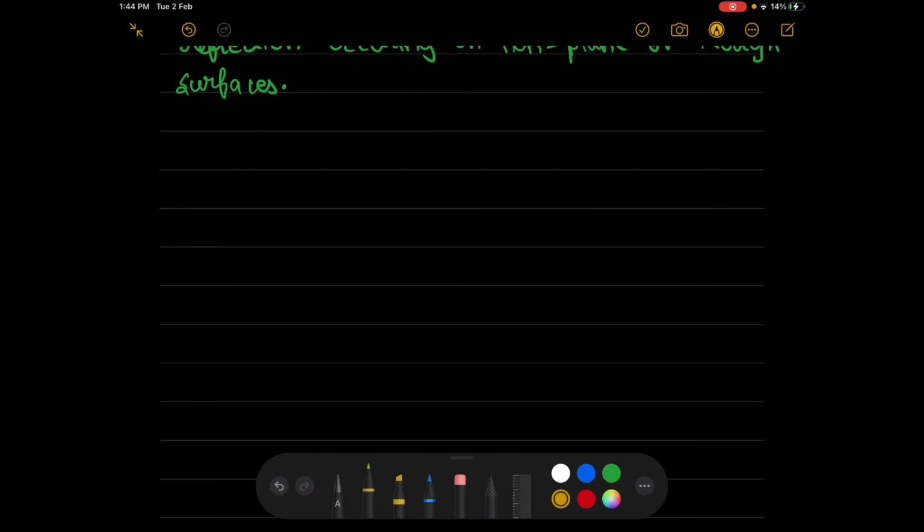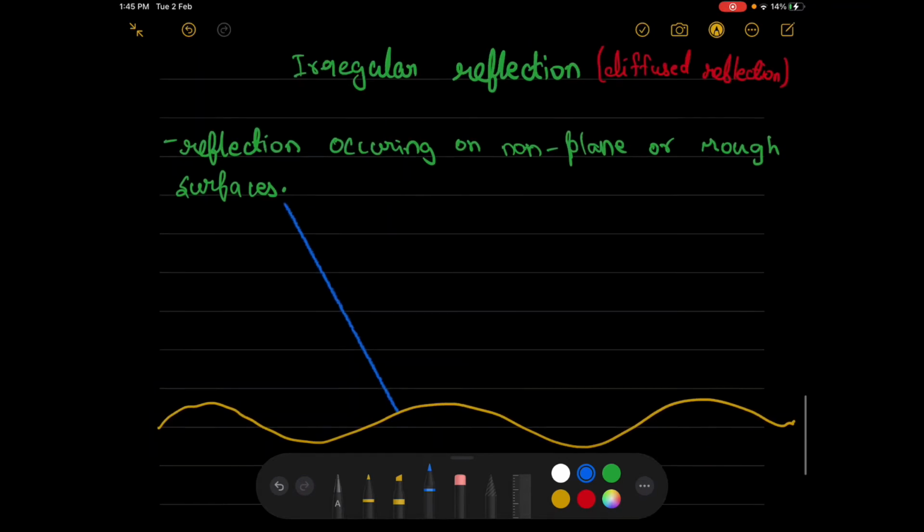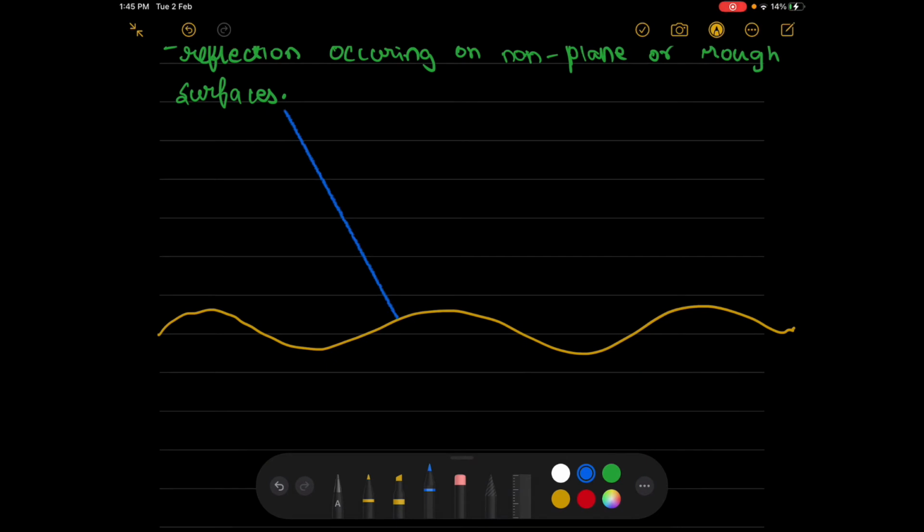Now let's draw a diagram of this as well. Take a wave at sea, in the oceans. One ray of light is coming from the sun on a sunny day on the beach. It hits here and it goes somewhere away. It doesn't think about where it's going. It just bounces back off randomly like this.